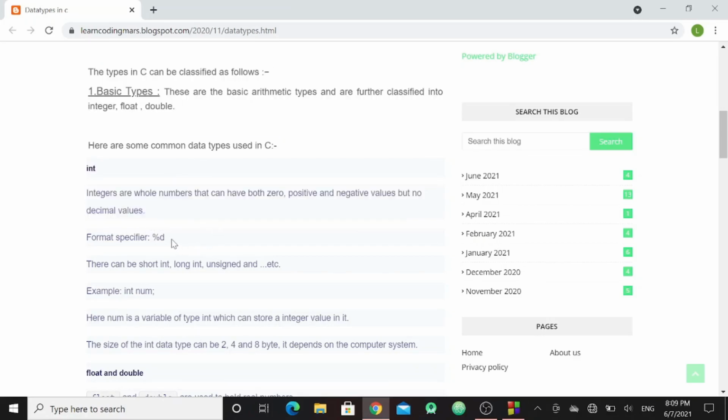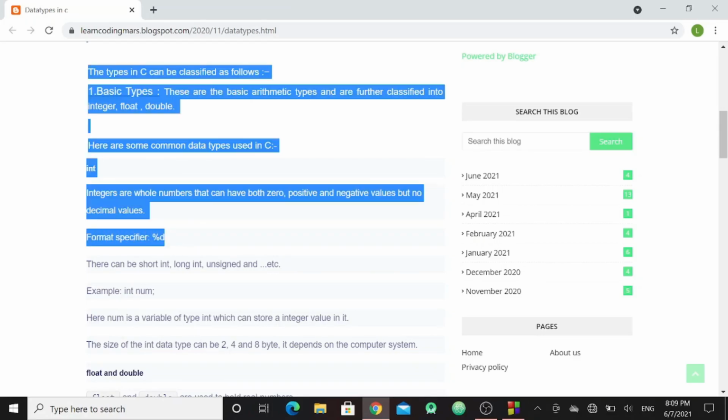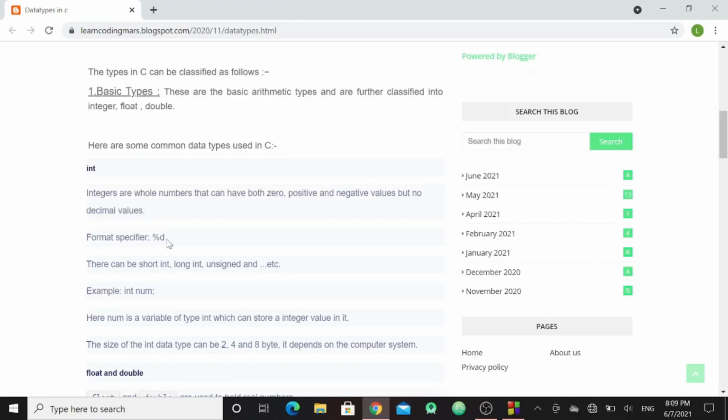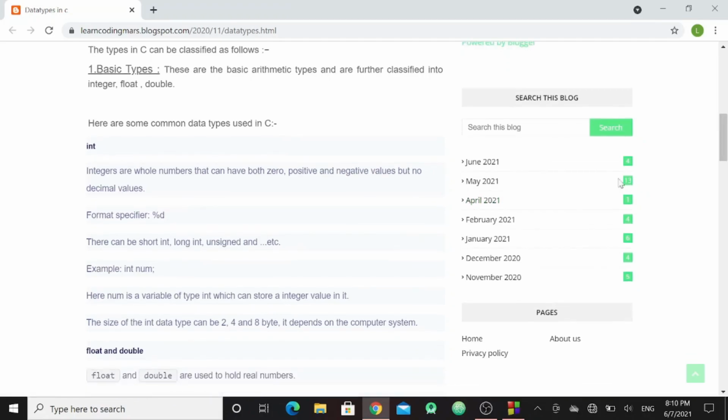The format specifier for integer is %d. A format specifier is used to assign the values. There can be short int, long int and unsigned int also, but we are going to learn only int here because mostly we are going to use int only.